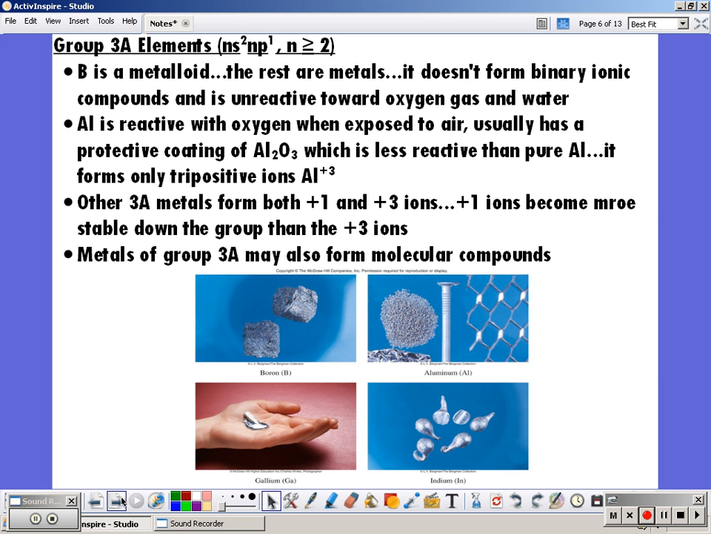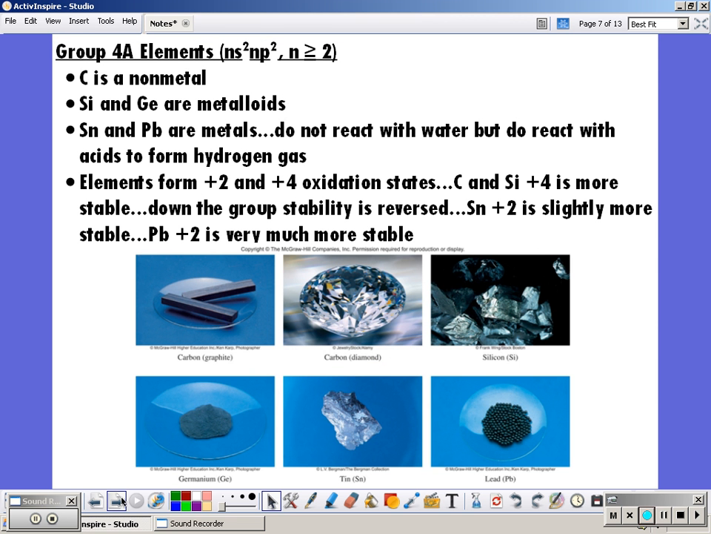Other metals underneath aluminum in our group 3 can actually form +1 or +3. The +1 ion becomes more stable as you go down the group than the +3. So gallium would be +3, but indium might want +1 more because it's the more stable form. Metals of group 3A may also form molecular compounds. So we're starting to see the shift from ionic to molecular as you're moving across the period into the different groups. So group 4A elements, we have carbon, which is a